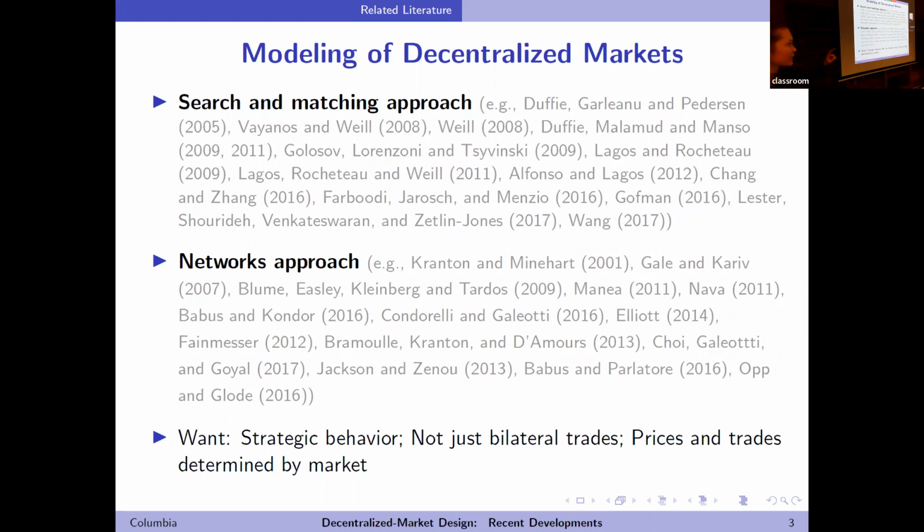Okay, so I listed the papers in the early literature. Many people have contributed to our thinking. One paper that is often credited with stimulating the literature is Duffie, Gârleanu, and Pedersen, 2005, Econometrica. The title of the paper was Over-the-Counter Markets. Many papers follow.